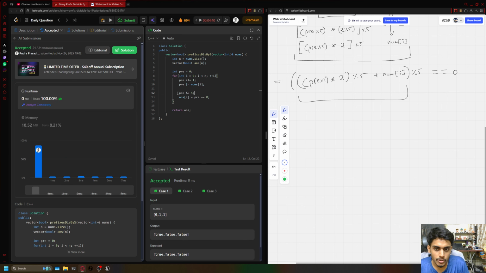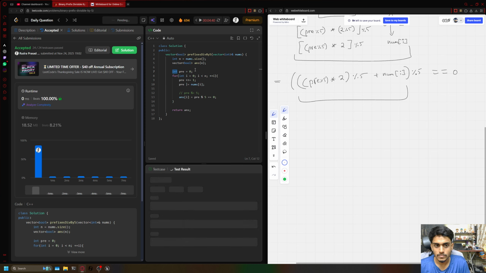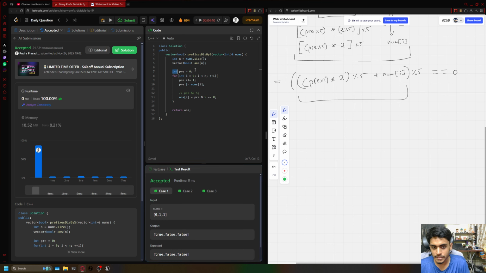So this is the crucial step here. If I don't do this, and I simply check here mod 5 is equal to 0, now my prefix will go on and on, and for a 10 to the power 5 size test case, it will overshoot my integer data type. If I run this, there are some cases where it can max out. For the initial test cases it will work, but if I try to submit,